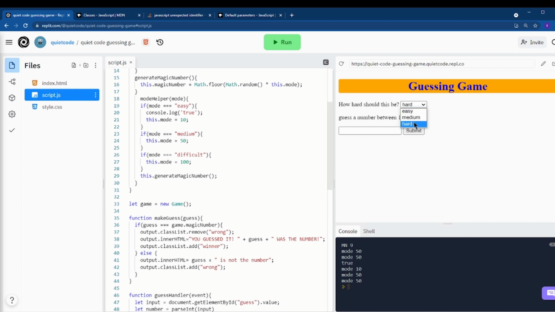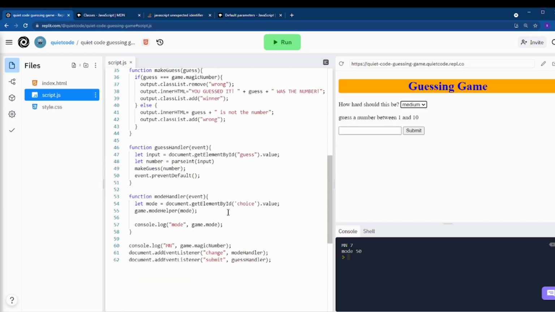Oh, I said difficult. There we go. I missed that, didn't I? Alright, we start out with a number. Mode is 50. Let's see what the